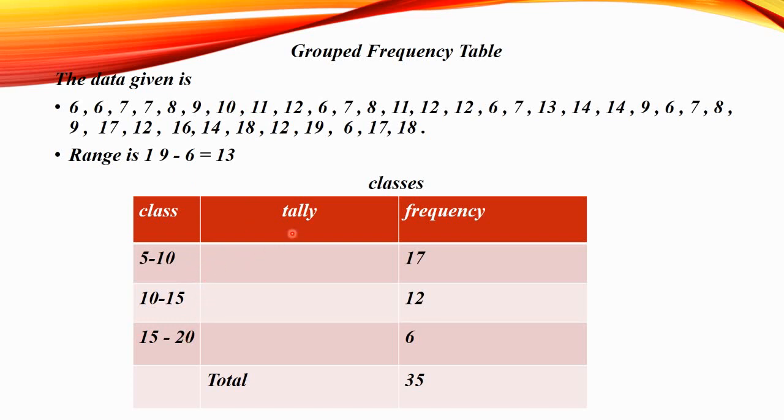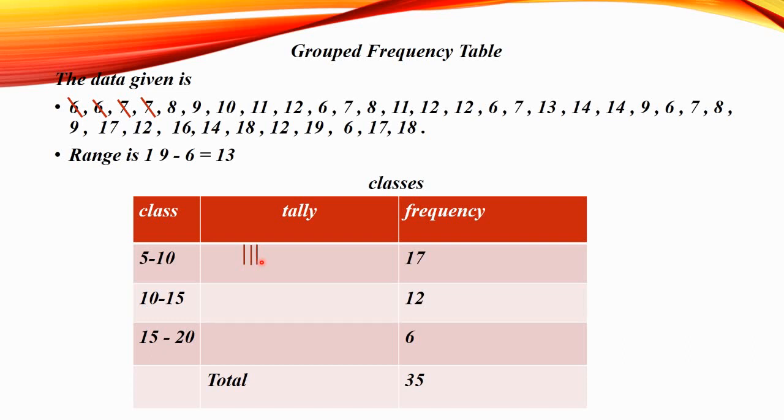So that all the numbers or observations will be included in these three classes. Now, what are tally marks? We will be learning about tally marks, that is, we have to include each given observation in its group. So, the first observation is 6. It will come in the first row, that is 5 to 10. Again, the next number 6 will come in the first row, 5 to 10. The next number, 7, will come in the first row. In the same way, we have to place all the observations of the given data into small groups.